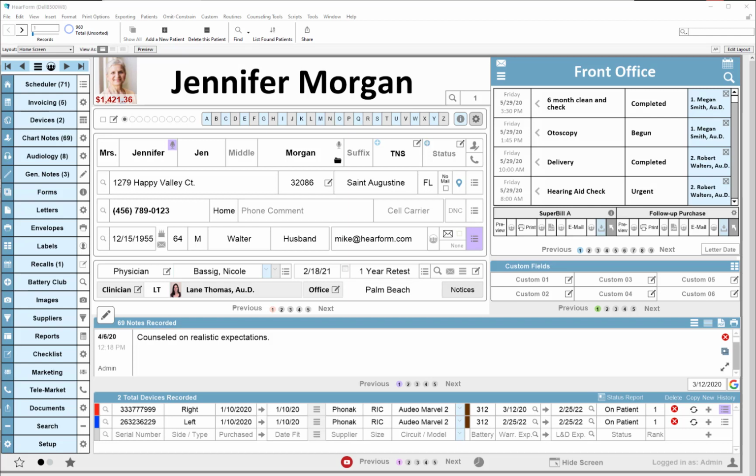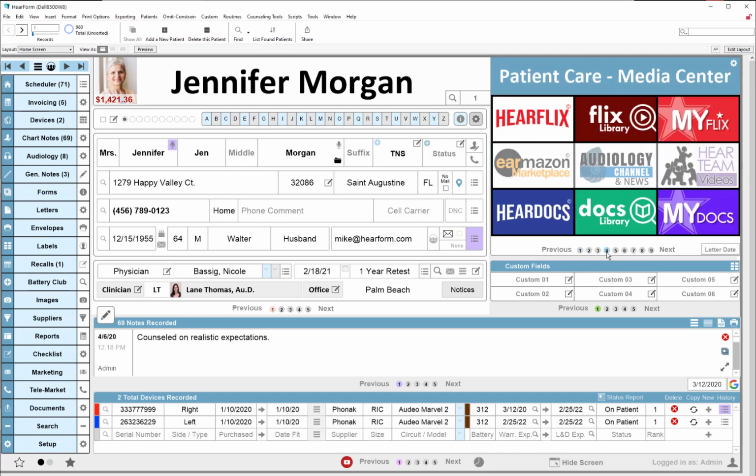Here's how you add a new video to the MyFlix library. First, from the home screen in the upper right, click on the desired button. In this case, I clicked number 4, but it may be number 3, 5, or 6 for you, depending upon your settings. So here in the Patient Care Media Center, I'm going to click the button in the upper right